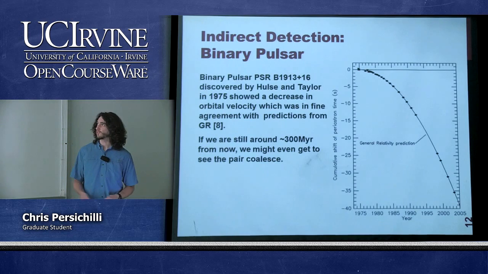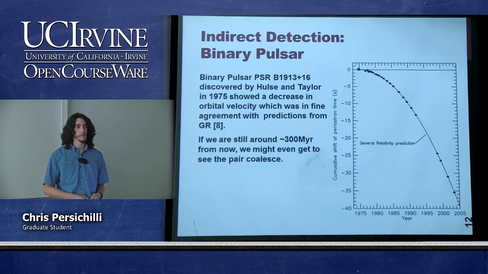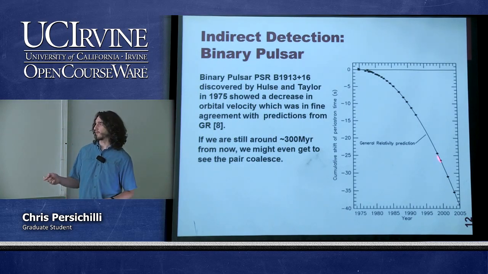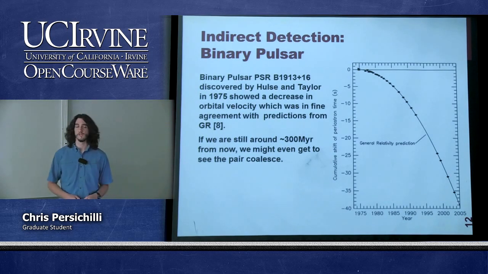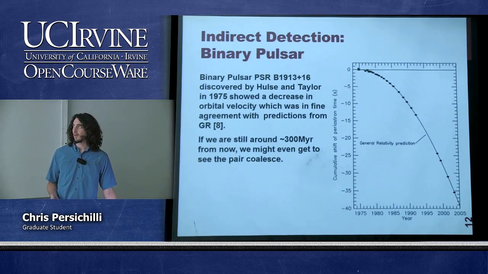They discovered this pulsar and monitored it over many years, and the decrease in the orbital period showed an extremely good match with the predictions from general relativity. So here's a plot from a paper in 2005, which includes some of that data for that pulsar. And this is the work that they got their Nobel Prize for in 1993, I believe,